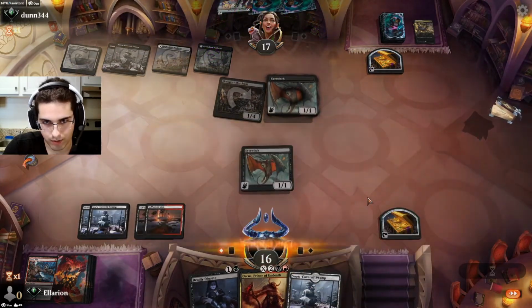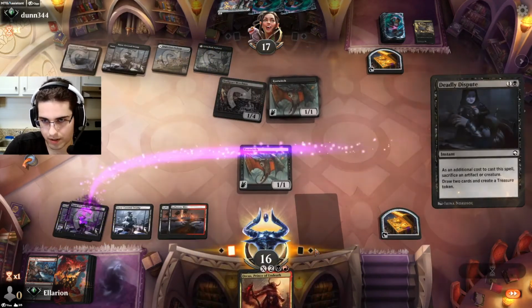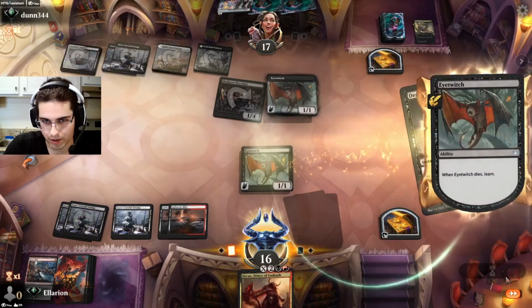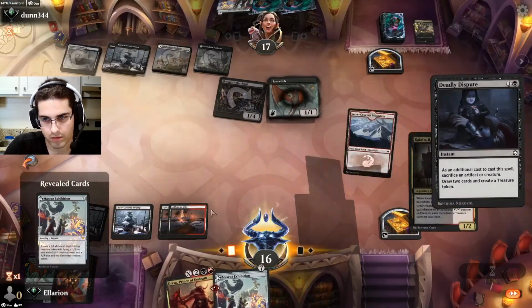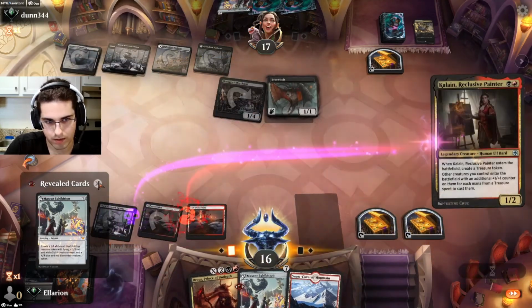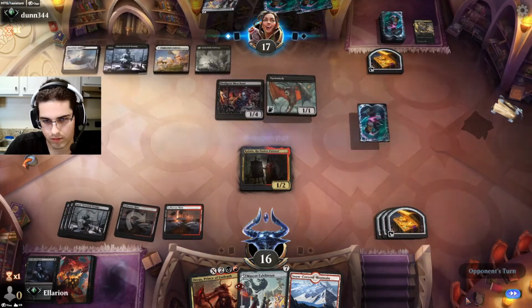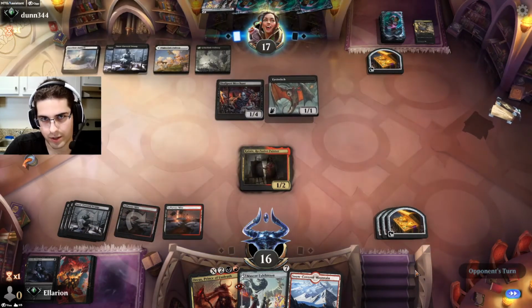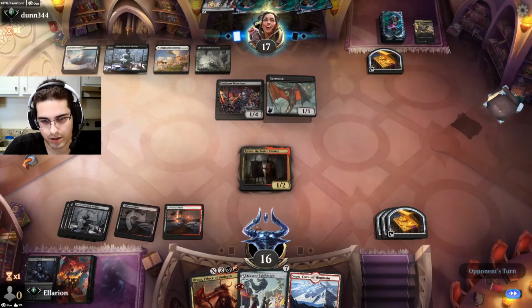And they have an Eye Twitch. That is altogether too much gas. Let's get our own Mascot Exhibition. Okay, and there's a Kalane. Next turn we can also make a really big Orcus if they go for Exhibition here, and then we can Orcus